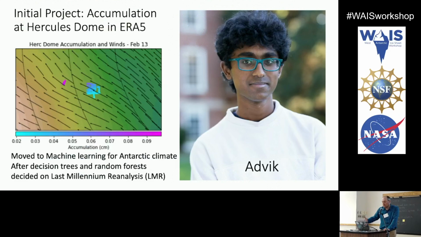So this is really work led by Advik. He's just started his undergrad, so he worked with me a couple of years as a high school student. And the first task we gave him was to look at stuff at Herc Dome. He quickly moved on from that, and he got really excited about trying to predict Antarctic climate using machine learning. So after trying to get me to understand what decision trees and random forests are and how they differ, and realizing that those techniques weren't really producing good results, we settled on trying to use the last